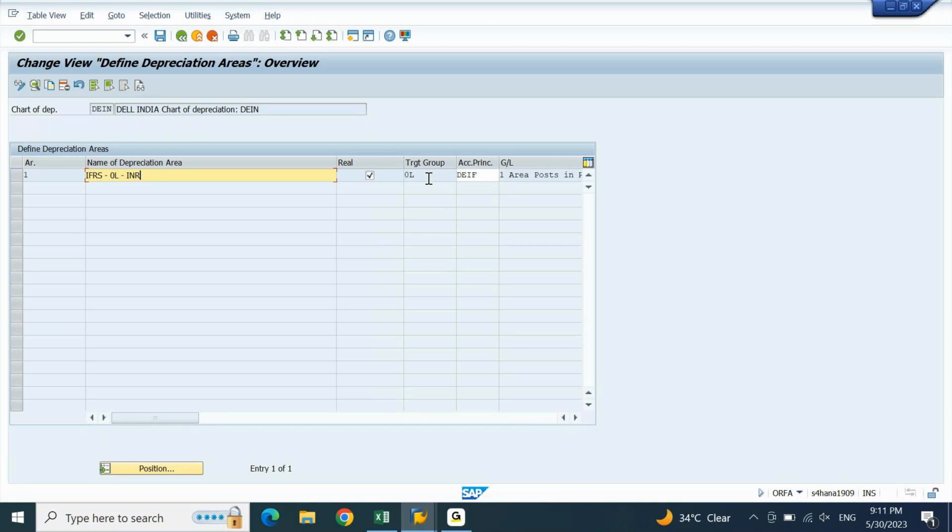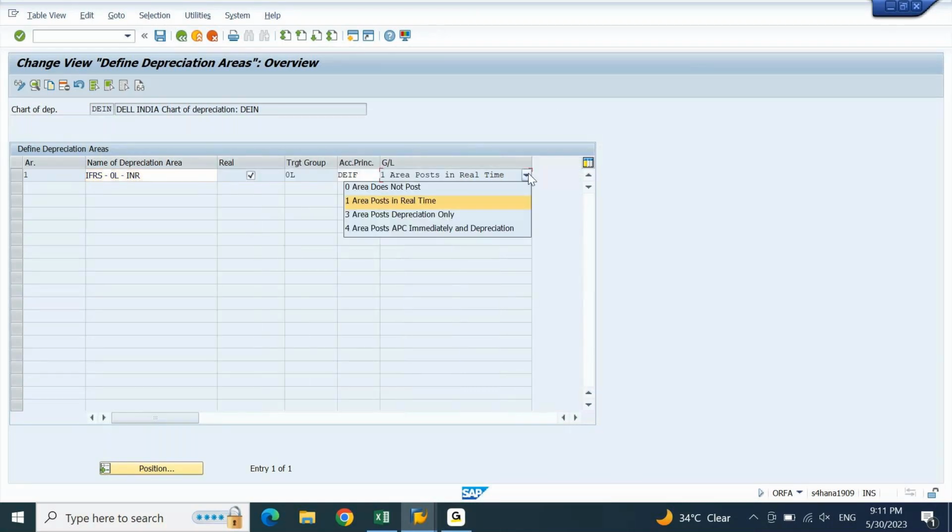Next you have the GL posting indicator, the posting type, with four drop-down options: area does not post, area post in real time, area post depreciation only, area post APC immediately and depreciation.